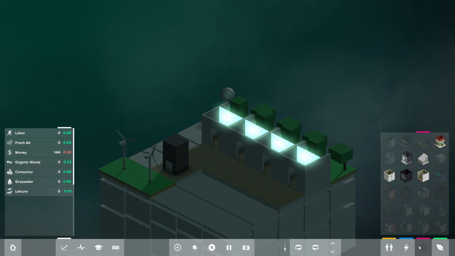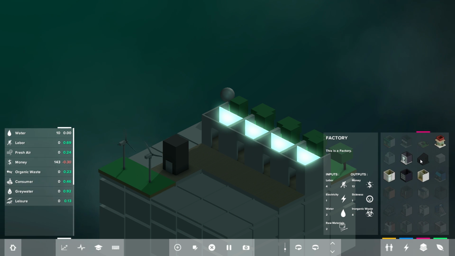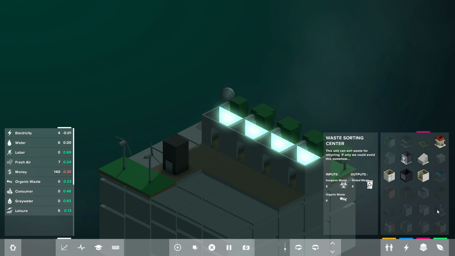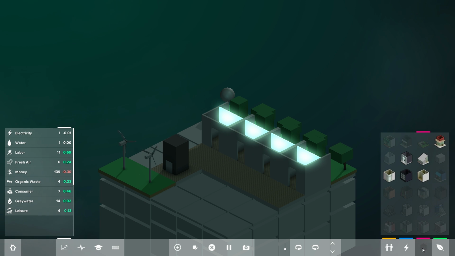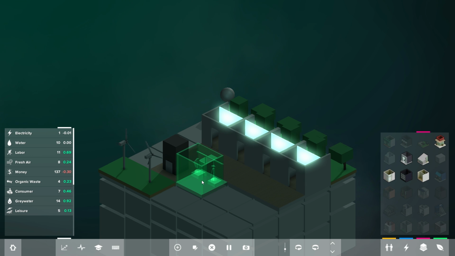So, factory. Takes labor and raw materials and water and electricity. We have all that. We just don't have raw materials. And you can't get raw materials at the moment. We need a waste sorting sensor to get sorted materials, and then I think we get the recycler to make raw materials. Unfortunately, we don't have those available, so either we go factory and it's going to deteriorate, or we can go for a retail shop, which produces money out of consumers, so...